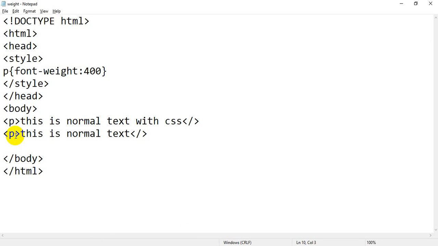So if I assign a p tag here in CSS, it will apply on both the paragraph tags. But if I assign ID as an attribute, it will apply only to that particular p tag. For example, I am going to assign ID equals to hello. Hello is the ID.